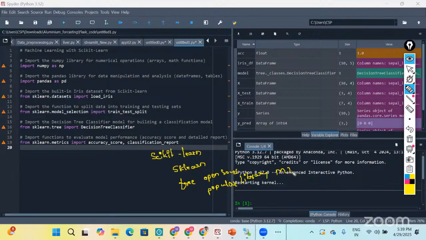We have different features for sklearn, which is your Scikit-Learn. The features are that it is easy to use, with standard datasets and pre-processing tools. We have a huge collection of machine learning models: regression, classification, clustering, etc. Model selection and validation is also there in it. Next, evaluation metrics and integration. These are the features of sklearn.